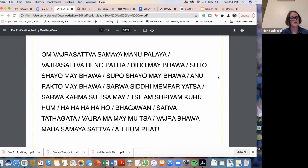Om Vajrasattva Samaya Manupalaya Vajrasattva Denopa Tita Dido Mebawa Sutokaya Mebawa Supokaya Mebawa Anurakta Mebawa Sarva Siddhi Me Prayatsa Sarva Karma Sutsame Shrim Shrim Kuru Hum Ha Ha Ha Ha Ho Bhagavan Sarva Tathagata Vajramame Mutsa Vajrabhava Mahasamaya Sattva Ahum